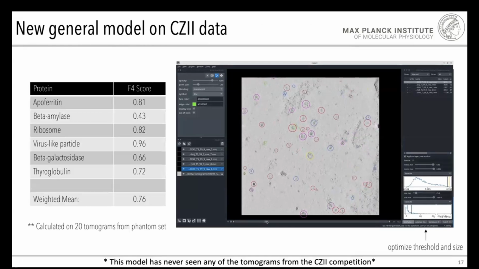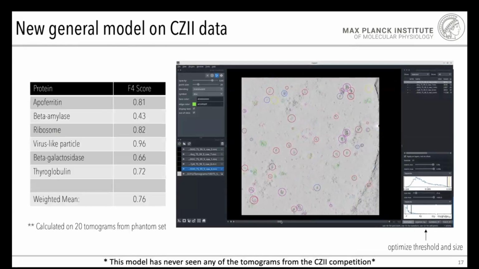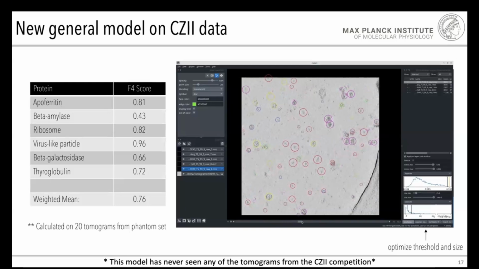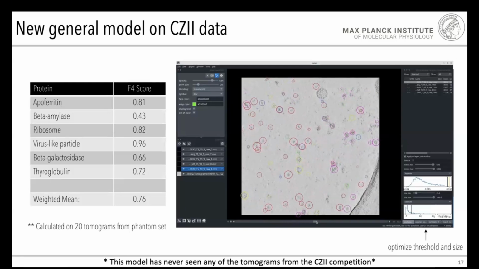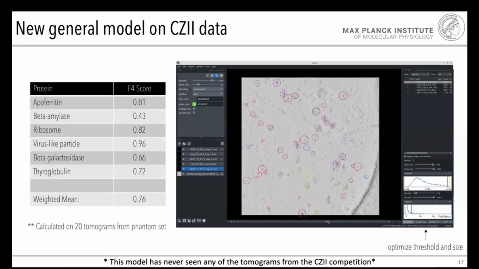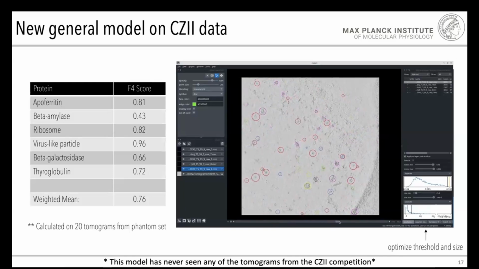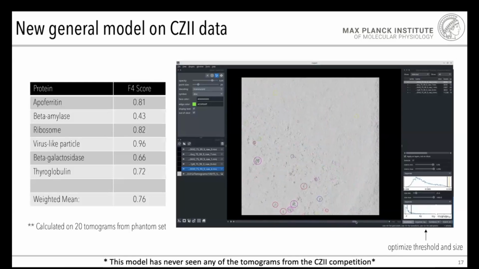So, a small but important caveat: this is not calculated on the entire Phantom data set, because we did this just Monday or Tuesday of this week. So we just picked a subset, 20 random tomograms from the Phantom data set, and calculated it there. So it's not one-to-one comparable with the rest of the competitors, but we were pretty happy with this score, saying, okay,